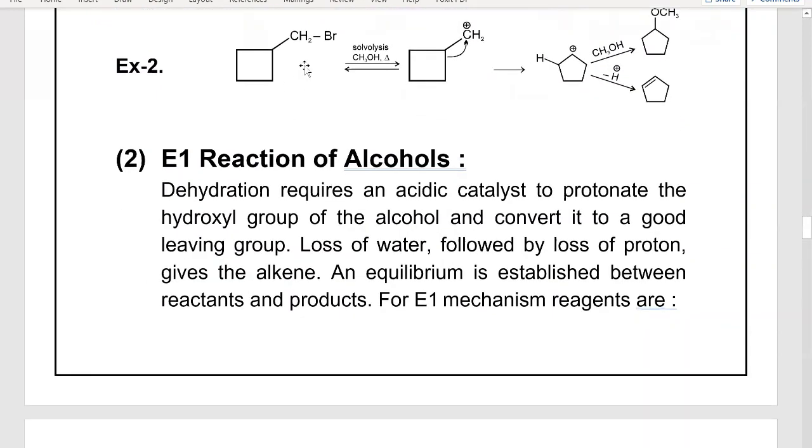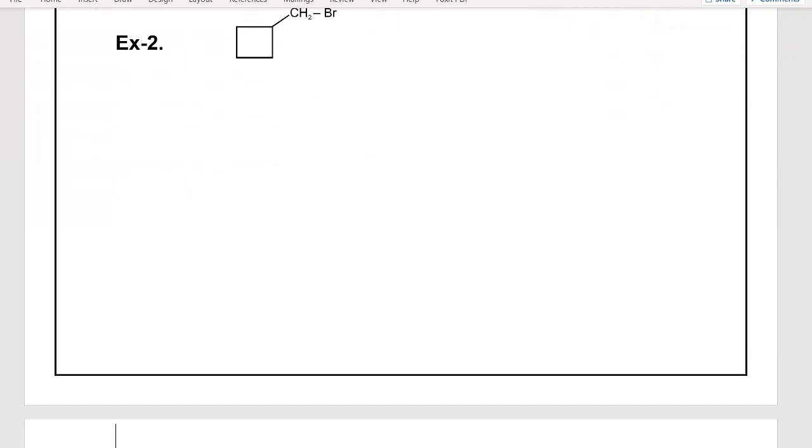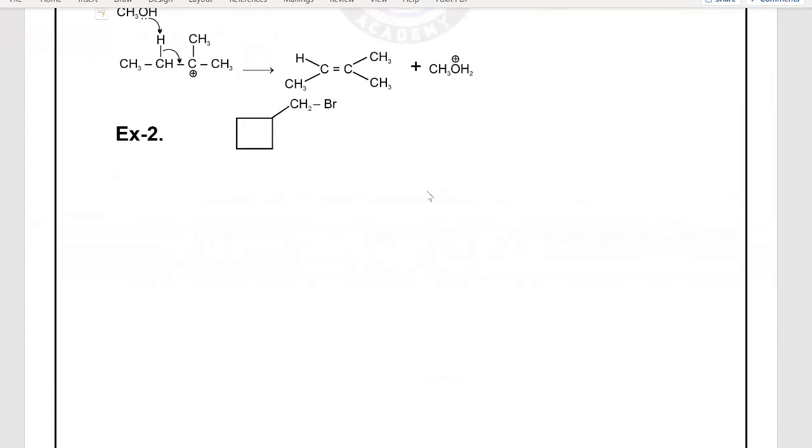But let us take another example here, a very simple example. That is a cyclic compound I am taking. In this, there is a possibility. What is the first step? The electrons will be taken up by this Br and it departs from the substrate as Br minus. Then what do you get? We will get a carbocation which is 1 degree. It is 1 degree, no problem. But with respect to the cyclic ring, the positive charge is outside the cyclic ring. So it can undergo ring expansion.